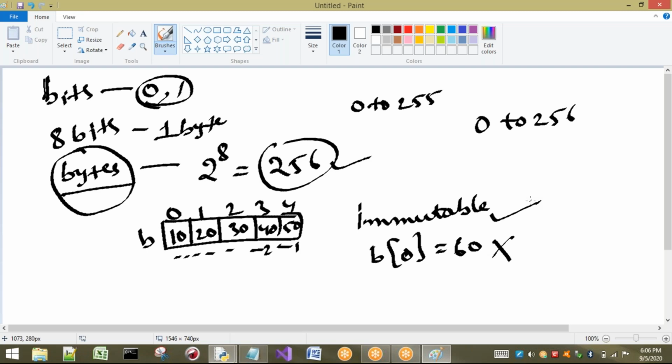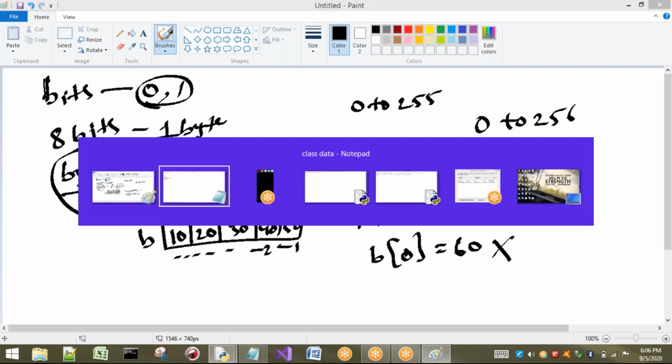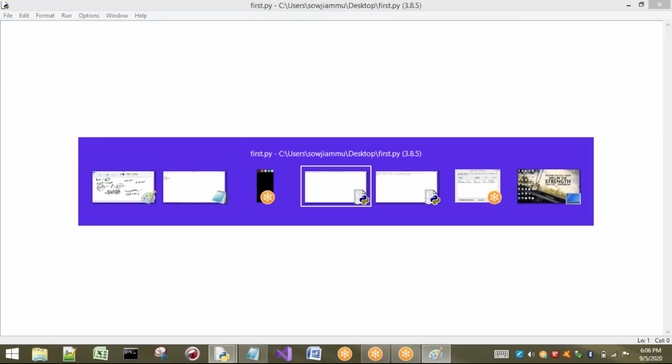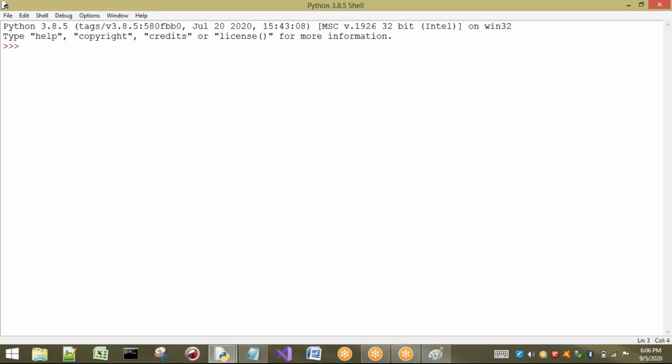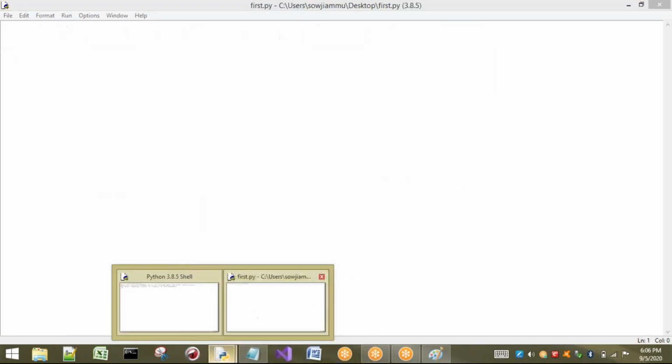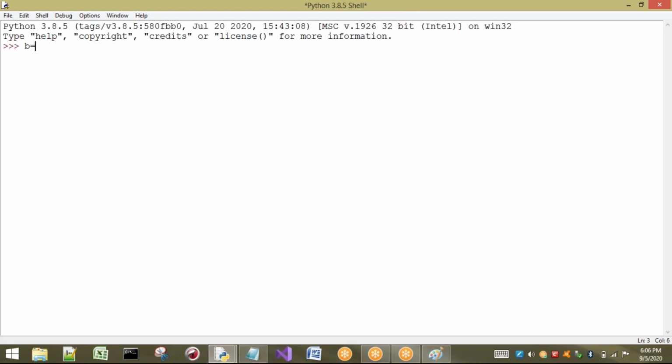Okay, so now let us take some examples for these bytes. Here I'm going to take b equal to 10, 20, 30.